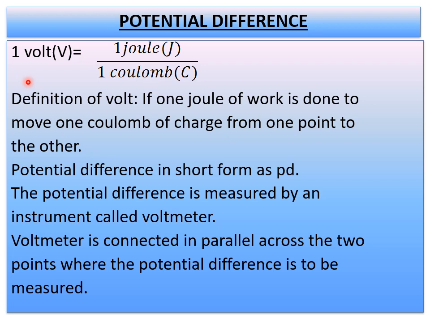So up to now we have learned a mathematical relationship between potential difference, work done, and charge. That is V is equal to W by Q. So V unit is volt, work done unit is joule, and charge unit is coulomb. So I can write like this now, that 1 volt is equal to 1 joule by 1 coulomb. One more mathematical relation to define volt: if 1 joule of work is done to move 1 coulomb of charge from one point to other, that is defined as 1 volt. I hope you have understood.